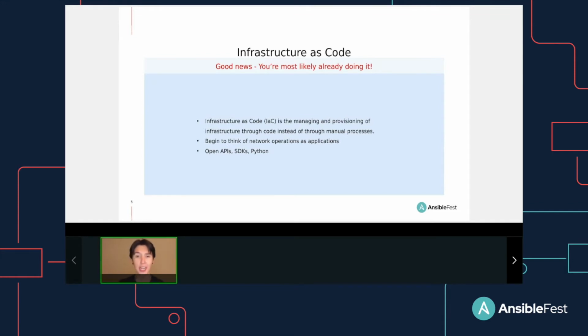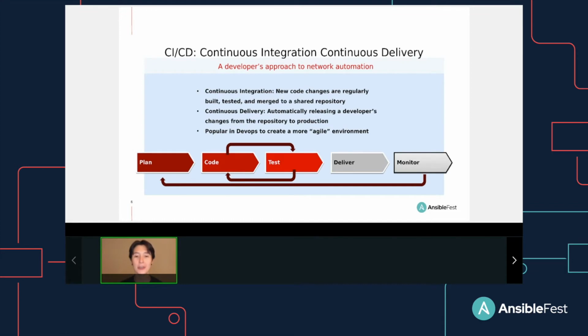Now that we have a better understanding of what IAC is, next let's go to the big whammy of continuous integration and continuous delivery, also known as continuous deployment as well. So this is a way of approaching app development that's very popular in DevOps. This is the idea being that in order to deliver code and applications to consumers, we need to deliver that as efficiently as possible. And in order to do so, processes are in place for developers to regularly build, test,